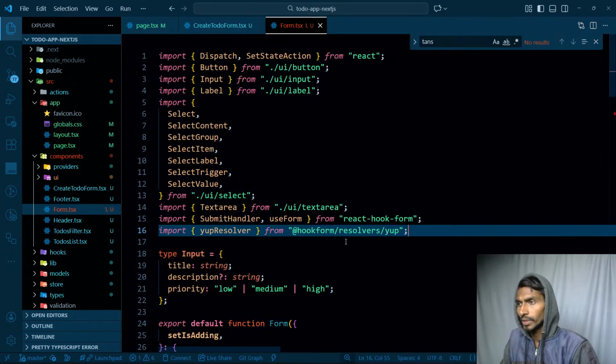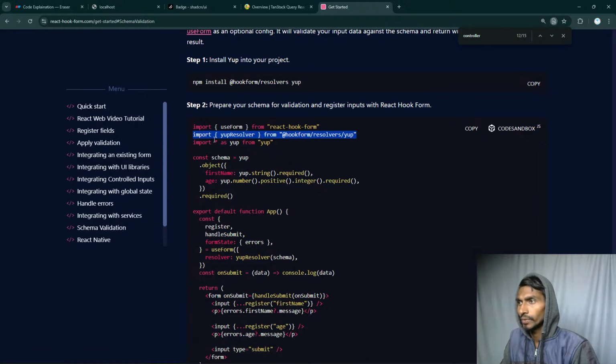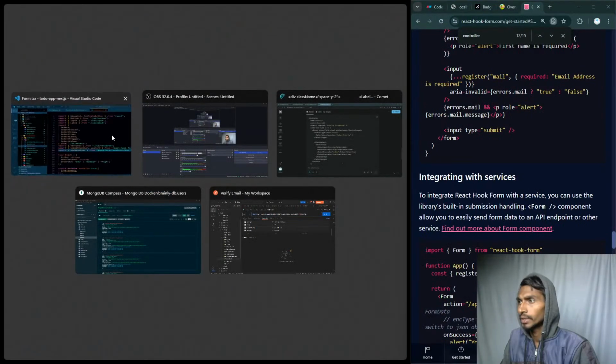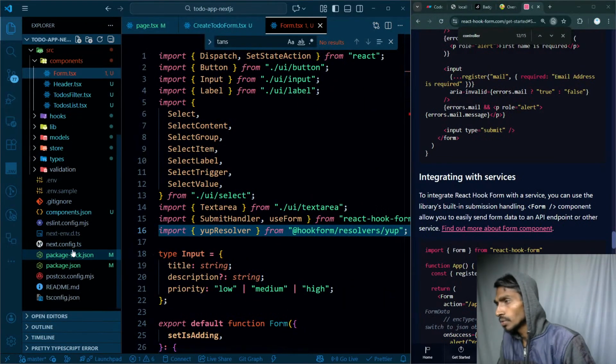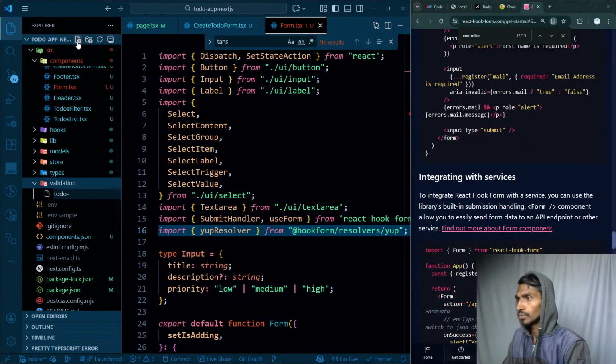And once I have this particular thing, then I need to have my yup for creating. I will import everything as yup, and then I will create my schema. So let's even do that. Let's keep it on the left side, let's keep it on the right side. Let's go to validation. Inside that I will create todo validation,